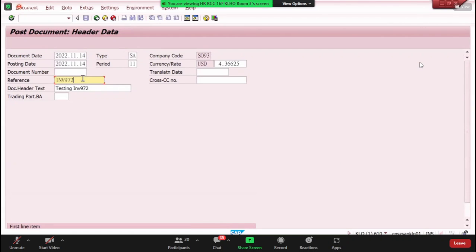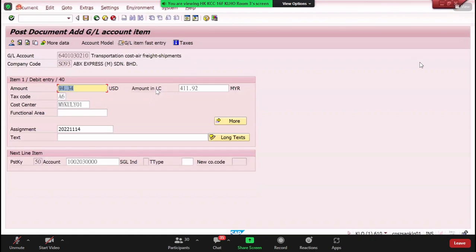Then, for example, I only change a little bit the reference number. I type a new and then new. Okay. And if I do not change anything, then I press enter to continue. I keep the amount the same, or you can change anything. So I type the text is the new document, I copy from